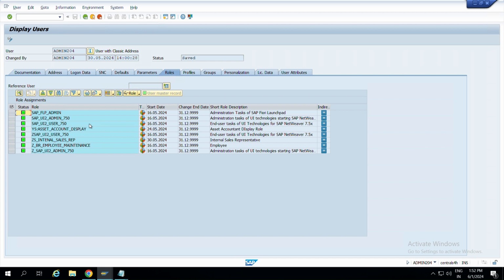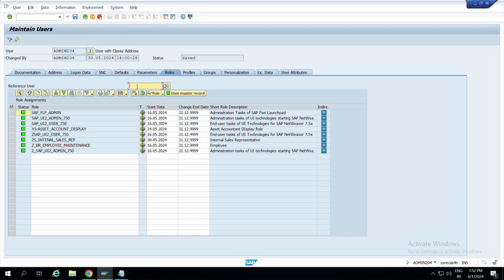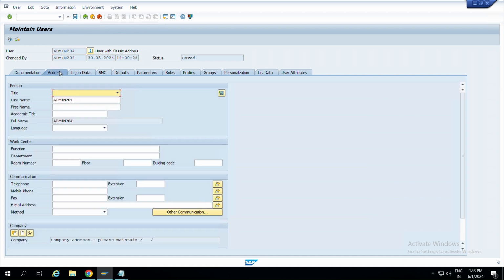How many profiles can you add, the maximum number of profiles? You have to tell that there are 312 profiles maximum which can be added to the user master record. But after that, even though the user needs some more access, what you can do is create a user with reference type and add that username here. You can see this, right? You can add that username here. Once you add that, the user will get both his own access as well as the reference user ID access. So this is the usage of reference user.